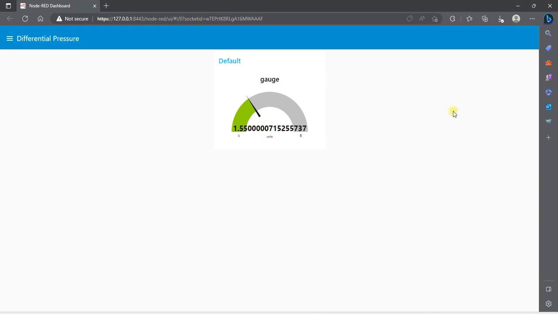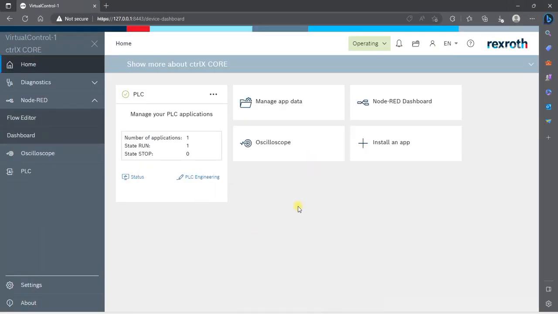Alright then, that's Node-RED, kind of a quick go around on the ControlX core,